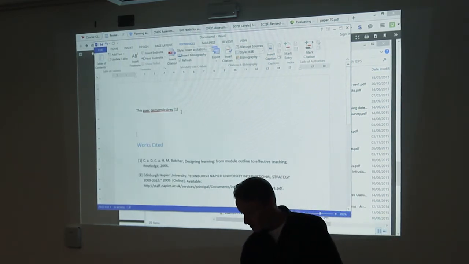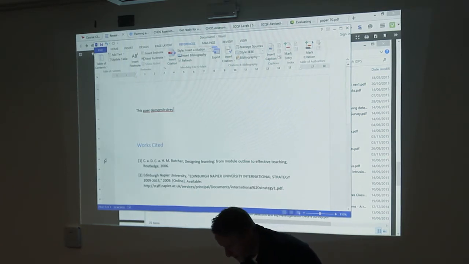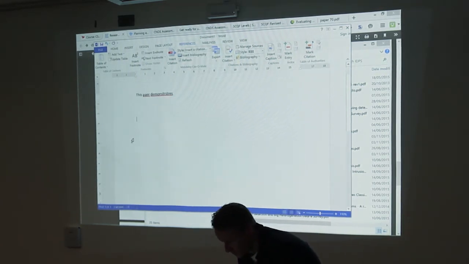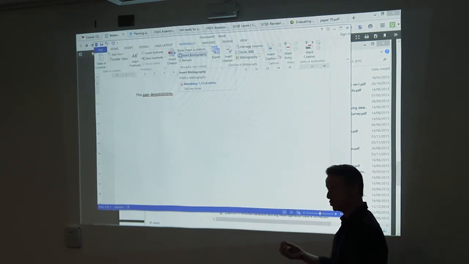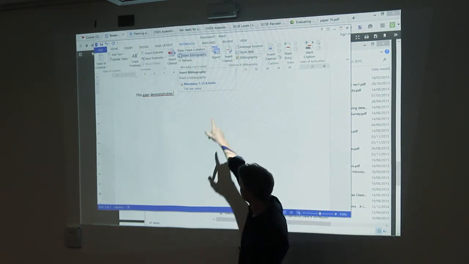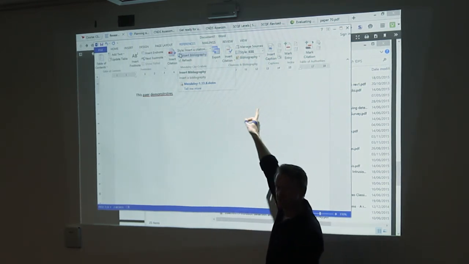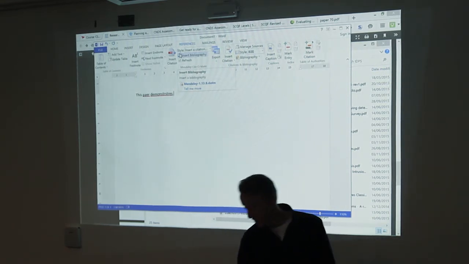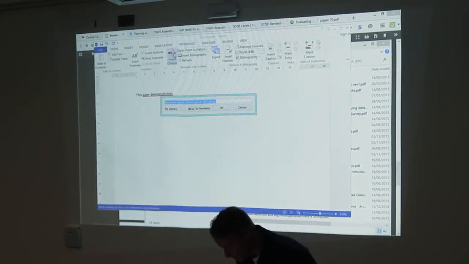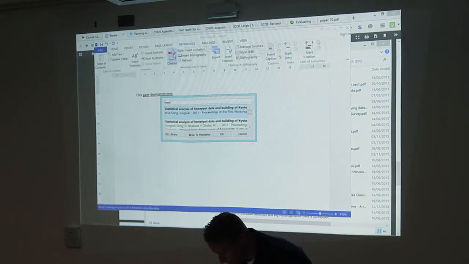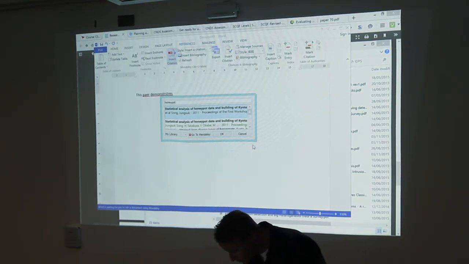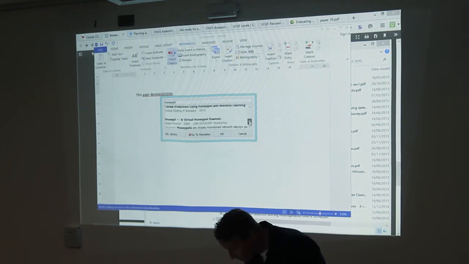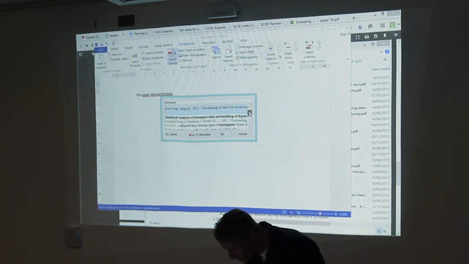Instead of using this stuff, you can use this Mendeley plugin. You just go to Mendeley Tools, install plugin. It takes 10 seconds, and you get this little toolbar, very similar to the Word referencing plugin. You get the Mendeley plugin, and we can use the entire Mendeley database. So let's see if I've got anything about honeypots. I've actually got several things by the looks of it. It's not a very good resolution. There's quite a few. Well, there's not that many. There's probably more than that, but that's building Kyoto data sets. I definitely have more on honeypots than that.